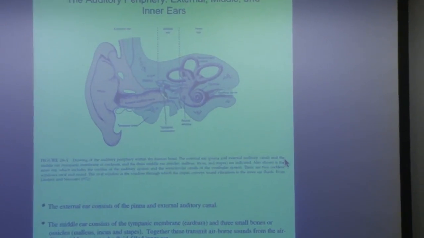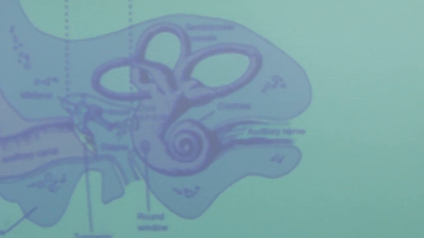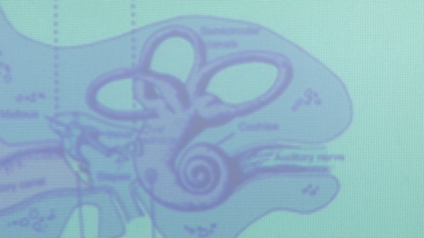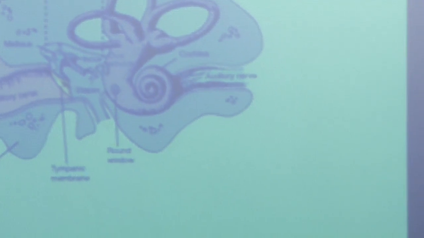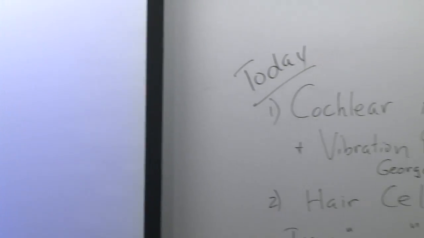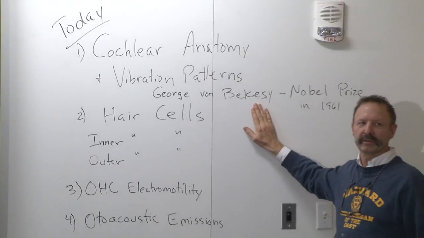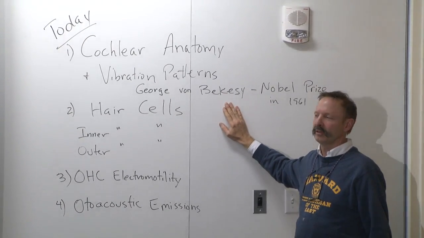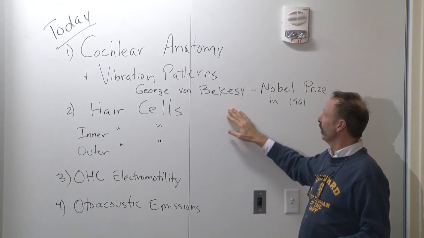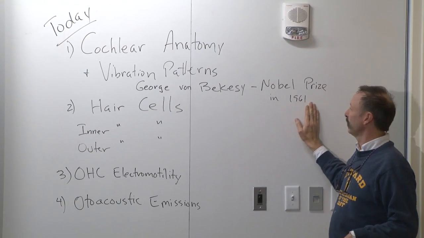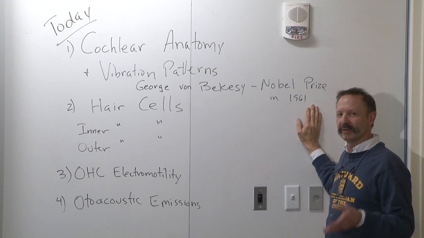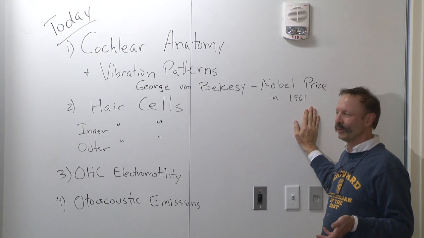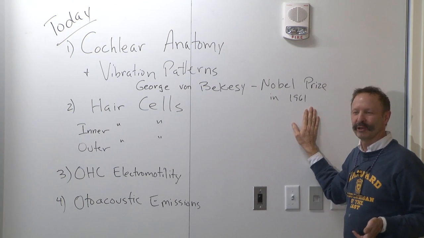We're going to talk about the vibration patterns in the cochlea, because, of course, the cochlear structures are vibrating in response to sound. And the original pioneer in that area was, of course, George von Békésy, who was a Hungarian physicist who worked for the telephone company, later came to Harvard, and won the Nobel Prize in 1961. And so we always put him up on the pedestal because he is the only winner for the hearing field